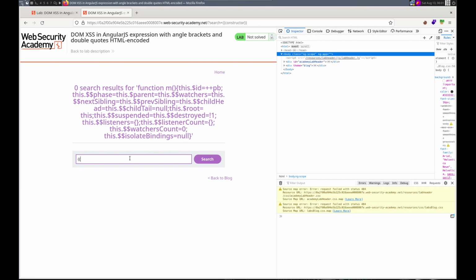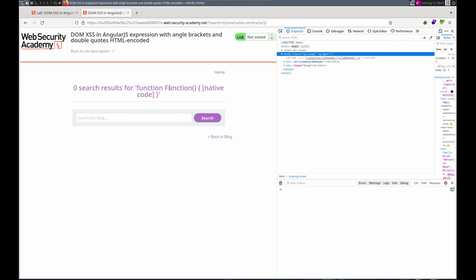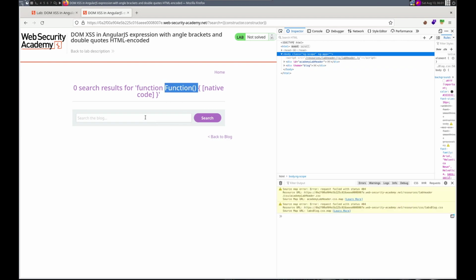If I do constructor.constructor, here we go. This is our function. This is what we wanted. So that's it. I'm just going to do constructor.constructor, and then